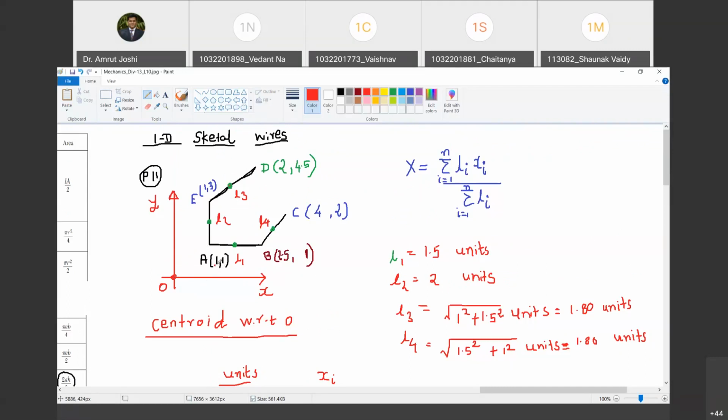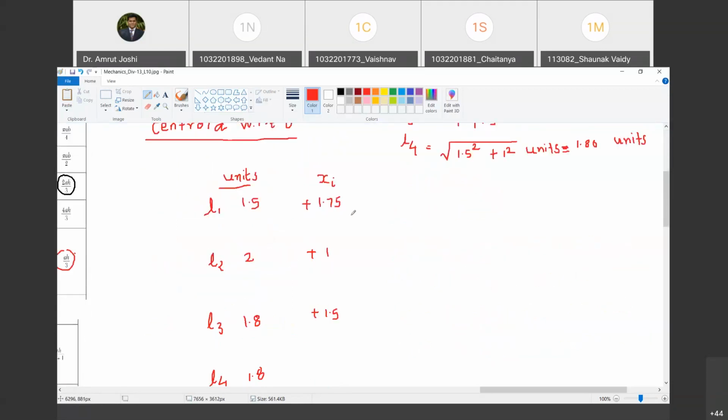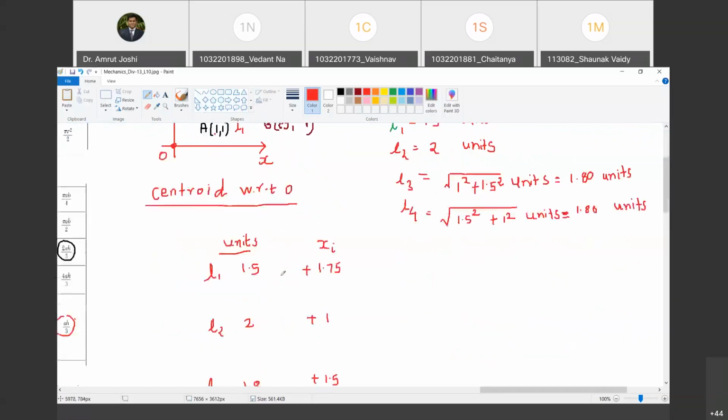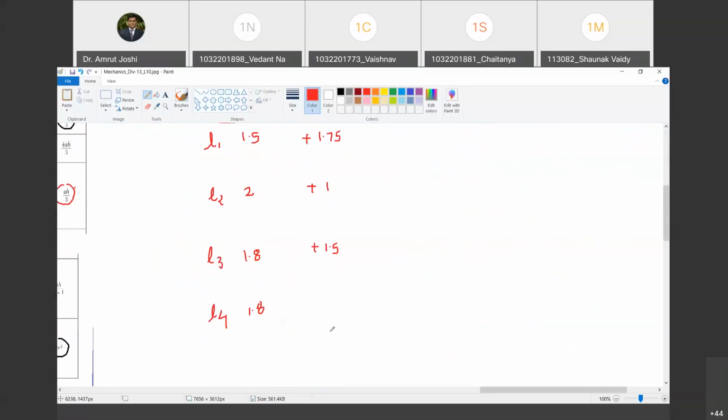But the other way of doing that is: x coordinate of A is 1, x coordinate of B is 2.5. 2.5 plus 1 is 3.5. Do you agree with me? Yes, sir. 3.5 by 2 will be the x coordinate of the midpoint. Happy? Yes, sir. That is also 1.75. Yes, sir, वही किया sir मैंने. 1 plus 2 that is 3, उसका half that is 1.5. Yes, sir. Are you with me?